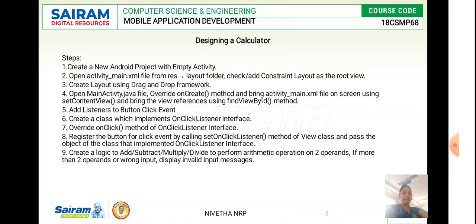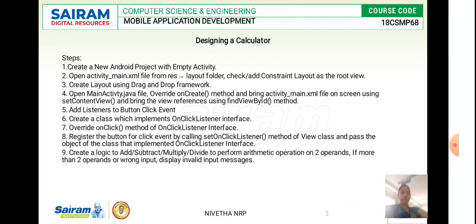And we create a class to listen to that event, to implement that event, and this method has to be implemented in your main activity file so that your application runs. You have a default code over there, and you convert that into an executable form using this. Then we have an override onClick. When you give a click, we have true or false. When true, it has to be triggered, and when you don't click, that is the false condition, it should not be triggered.